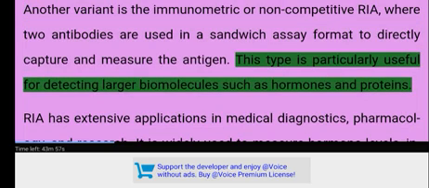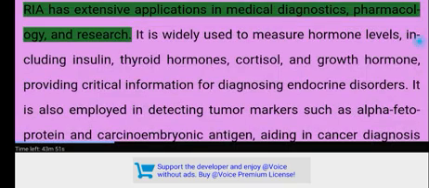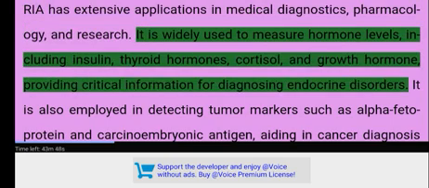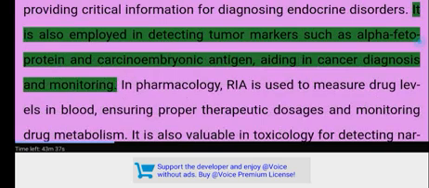This type is particularly useful for detecting larger biomolecules such as hormones and proteins. RIA has extensive applications in medical diagnostics, pharmacology, and research. It is widely used to measure hormone levels, including insulin, thyroid hormones, cortisol, and growth hormone, providing critical information for diagnosing endocrine disorders. It is also employed in detecting tumor markers such as alpha-fetoprotein and carcinoembryonic antigen, aiding in cancer